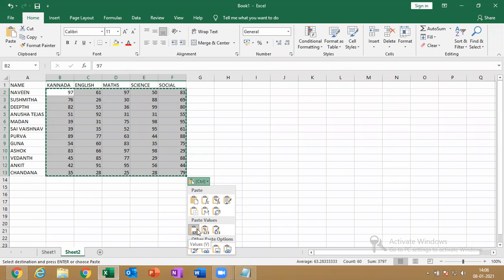Madan and Susmita, just post a message so that I'll solve your problem and we will go further. Use the tab key. Press tab. In the keyboard you'll have a tab key, right?